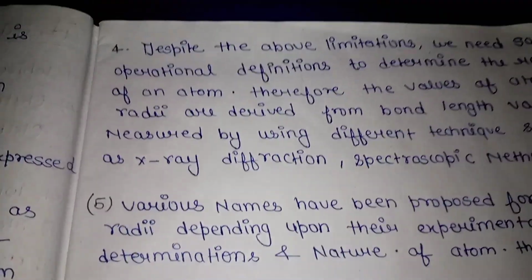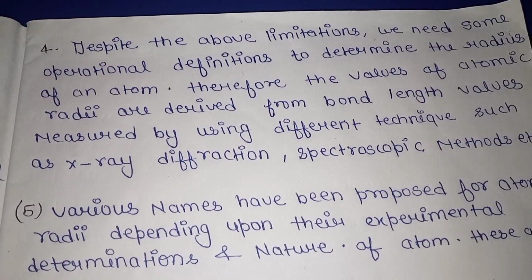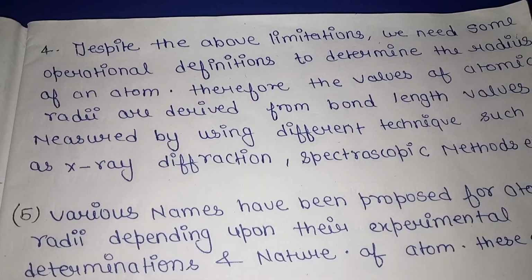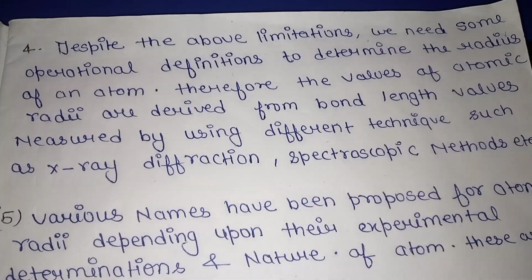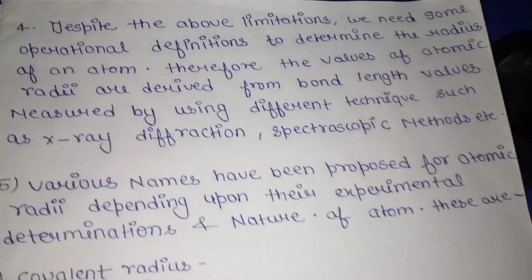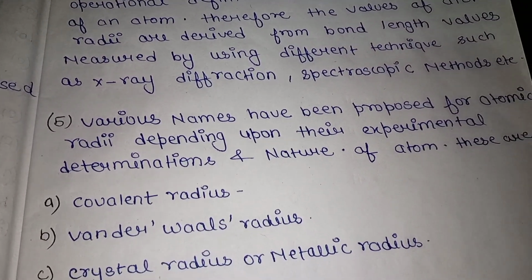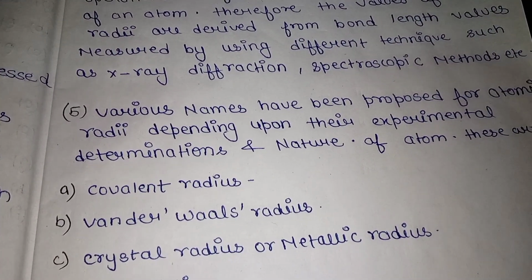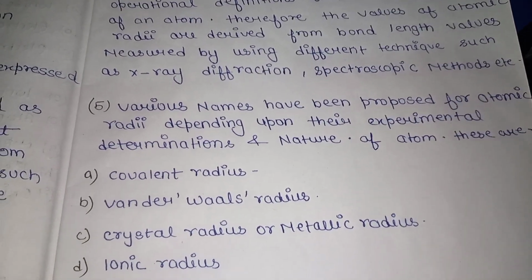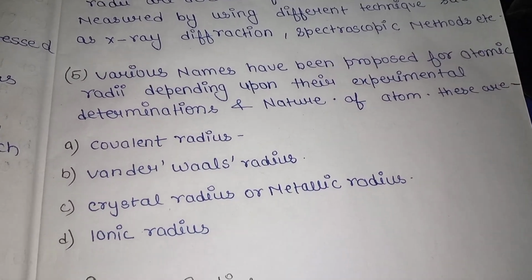And the fourth point is, despite the above limitation, we need some operational definition to determine the radius of an atom. Therefore, the values of atomic radii are derived from bond length values measured by using different techniques such as X-ray diffraction, spectroscopic methods, etc. The fifth point is, various names have been proposed for atomic radii depending upon their experimental determination and the nature of atoms. These are covalent radius, van der Waals radius, crystal radius or metallic radius, ionic radius,